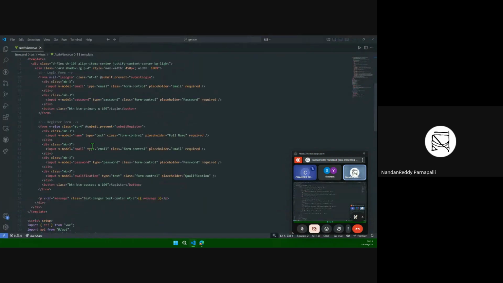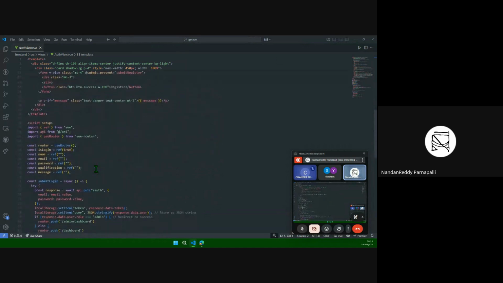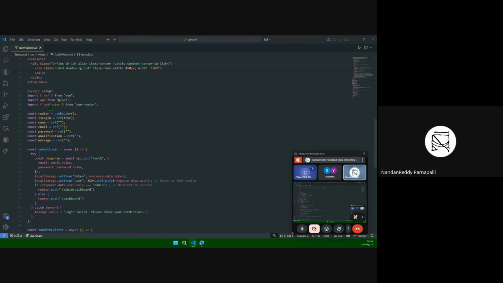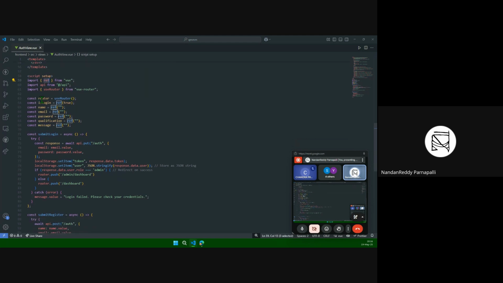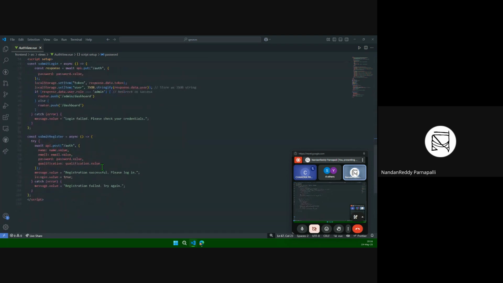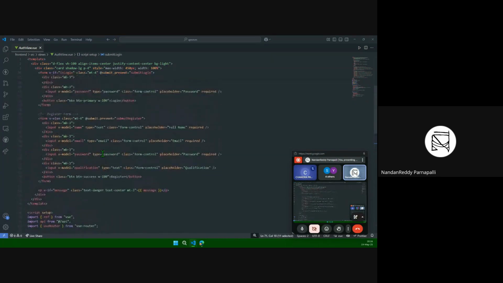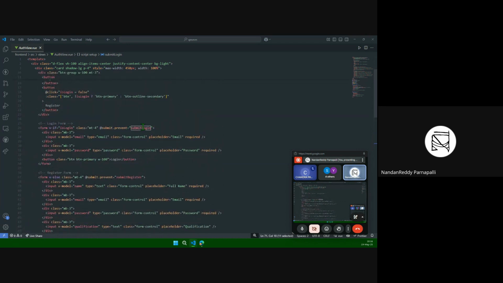So here is another part. In this auth page, this is all the HTML template. One is the login form, one is the register page. Here the composition API is getting used. It is importing ref from Vue, and here it is written router, use route, login, name, email, password, everything is constant and getting referred, and an empty value is assigned. After that, some functions are defined, and the function will be called once the button is clicked. So at submit dot prevent, submit login,